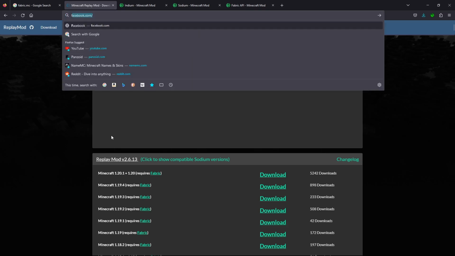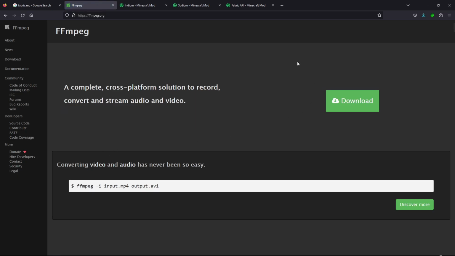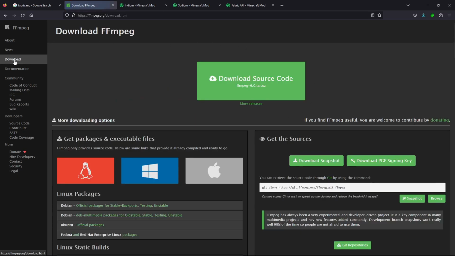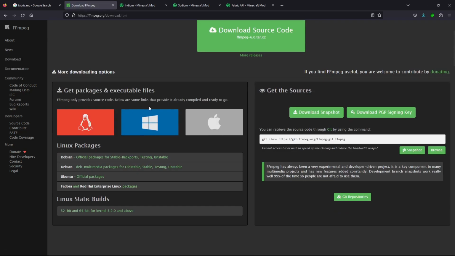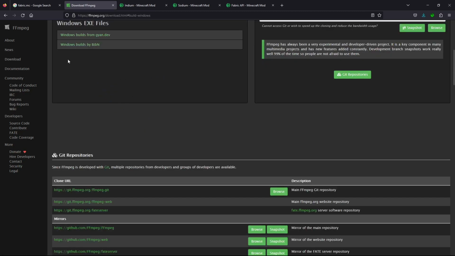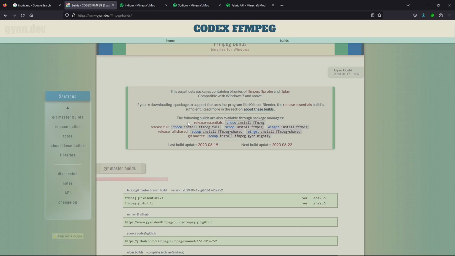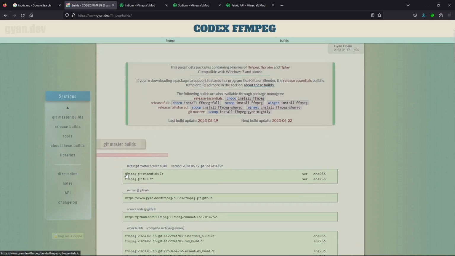And it is called FFmpeg. So just look that up and click on the https://ffmpeg.org link right here. Then click on download on the left side, and now look for your OS. I'll be doing this for Windows, so we will click on Windows, and then click on the join.dev website. Then we will find ourselves here, and just scroll down a teensy bit right to here where it says